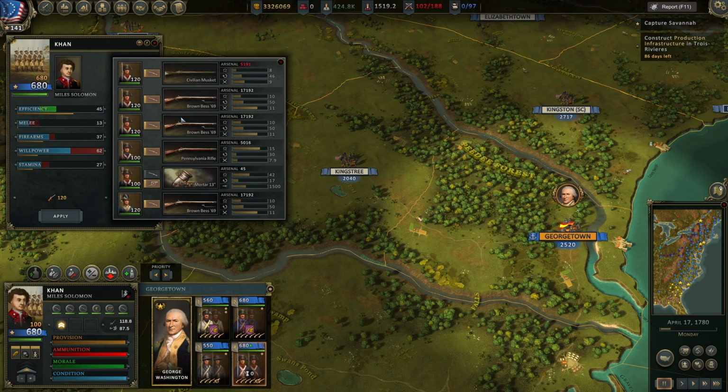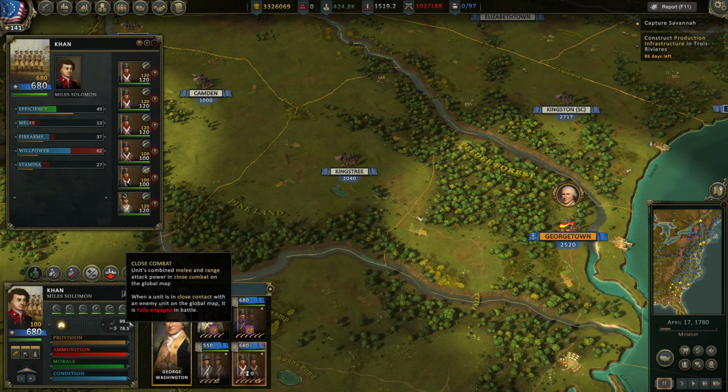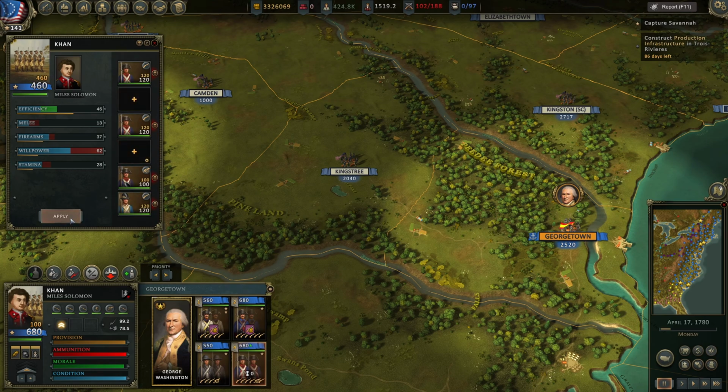So if we go here and we transfer everything to civilian muskets, these guys maybe could go to 8-inch mortars, and here we can go to this one. Let's apply. And now, when we look, 99.2, 78.5. If we get rid of some of the companies here,